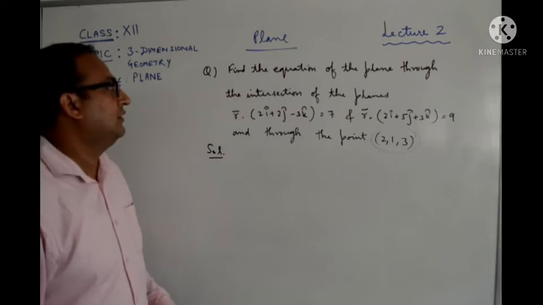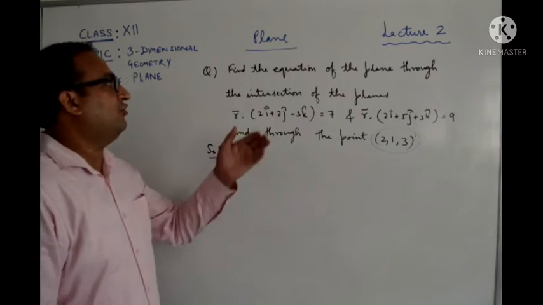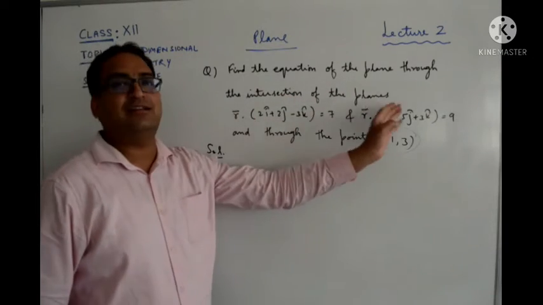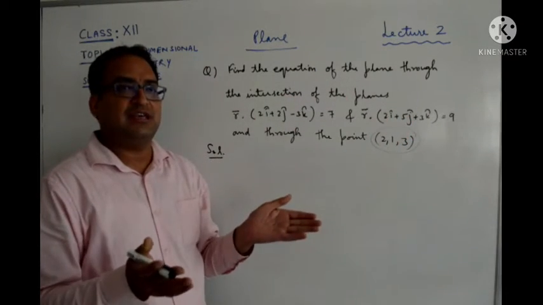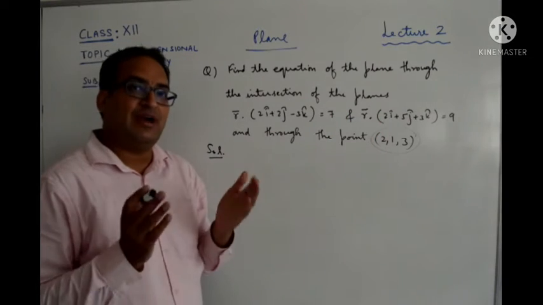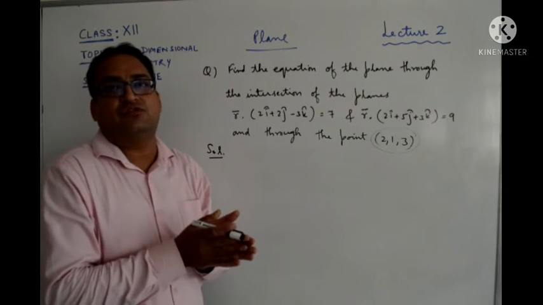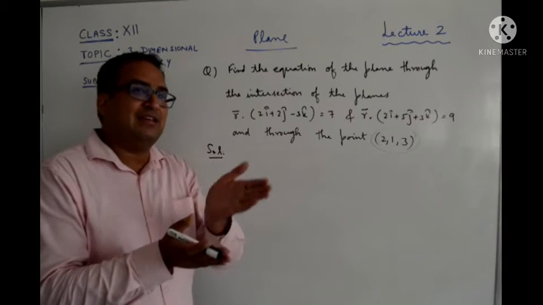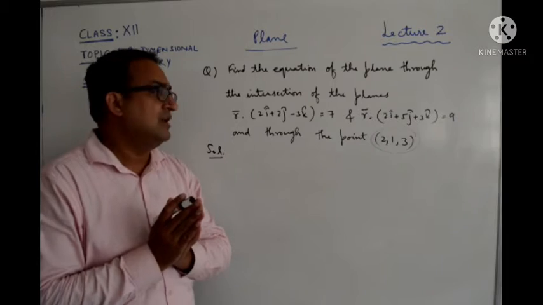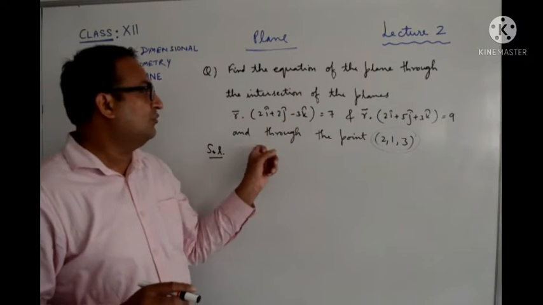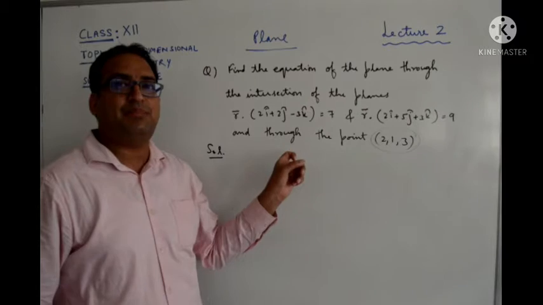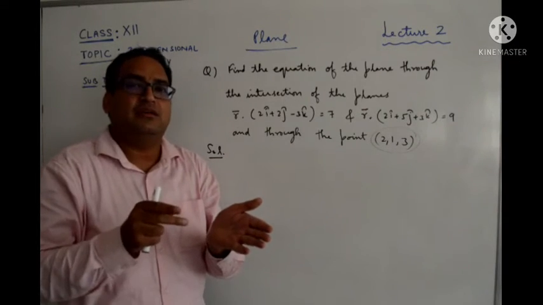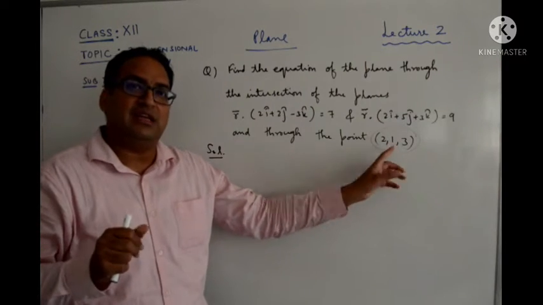and P2. So in this question we have to find the equation of a plane through the intersection of this plane and this plane. So the situation is the same. We have two planes and we have to find the equation of a plane through the intersection of these two planes. But as you know, the intersection of two planes is a line, and there are infinite planes that pass through the line. So he has given us one more condition, that the required plane passes through the point (2, 1, 3). There is going to be a unique plane which passes through this point (2, 1, 3), and we are going to find